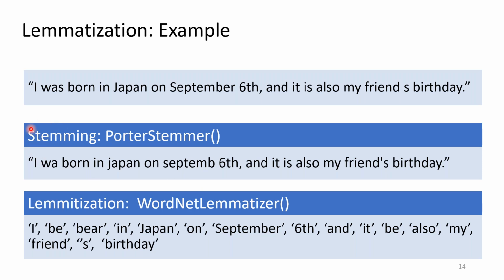In stemming, there are various types of stemming methods, but here I use the Porter stemmer method because it is the most popular one. When we apply Porter stemmer to the sentence, it becomes like this. So was becomes wa, and September becomes septemb. We can see other words are stemmed appropriately,